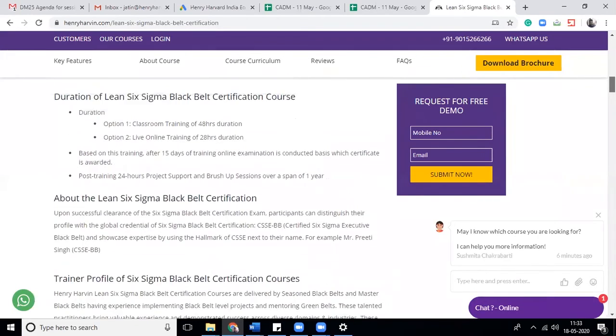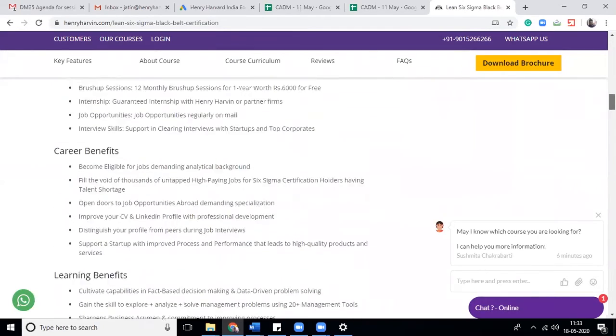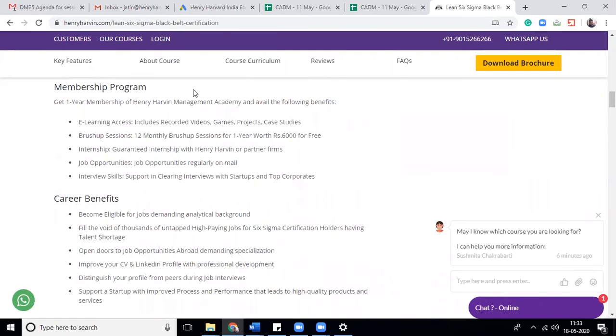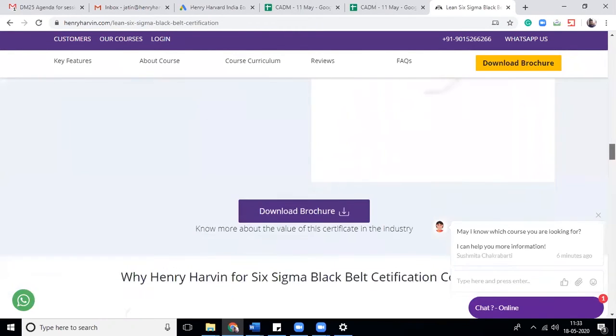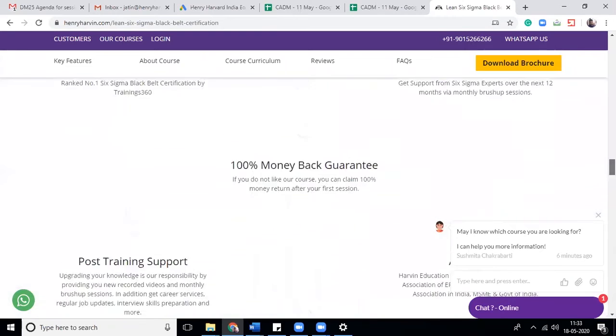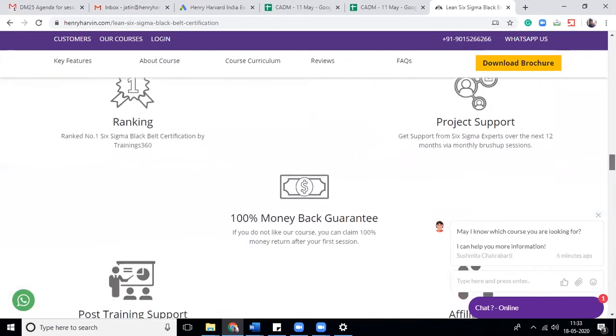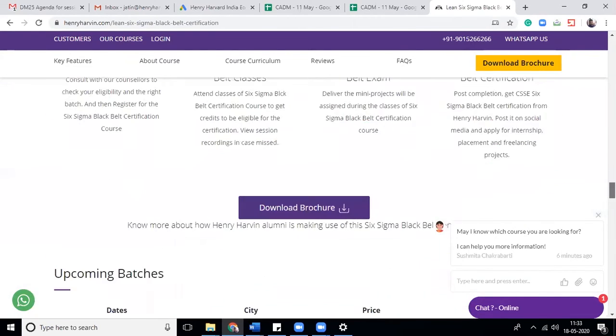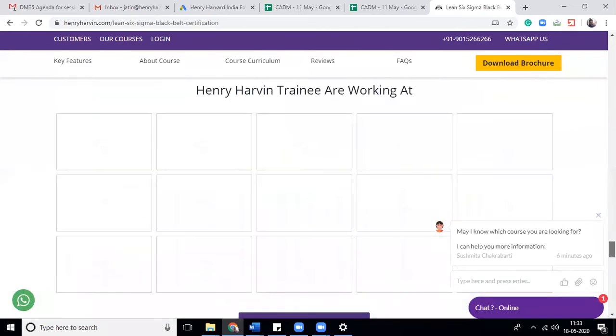Okay, so that is what you have to define. You can write membership plan, career benefits, whatever your product's USPs are. Okay, you can just fill up that. That's all.